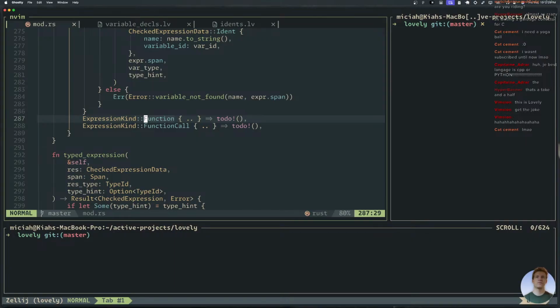All right, how does one type check a function? Yes, this will be interesting. So we need to decide on some syntax for functions, because we don't even have a return keyword. Sounds cursed? I feel like it doesn't sound all that bad.